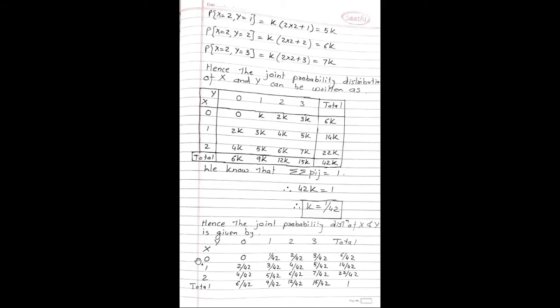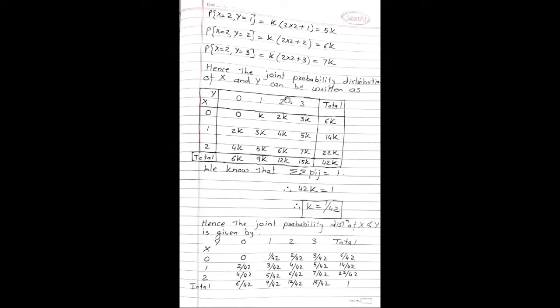Then next, the probability y is equal to 1 given x is equal to 1 is equal to probability y is equal to 1, x is equal to 1 divided by the marginal probability x is equal to 1. We see the probability x is equal to 1 and y is equal to 1 is 3 by 42. So 3 by 42 divided by the marginal probability x is equal to 1, which remains constant at 14 by 42. So the second probability is 3 by 14. So we'll replace it in the table with 3 by 14.